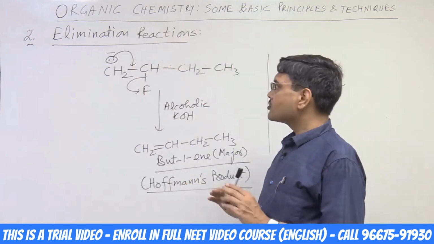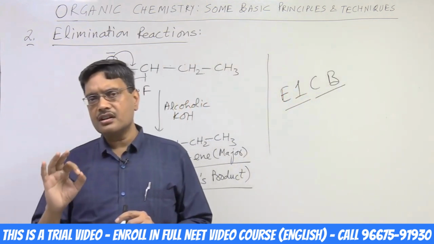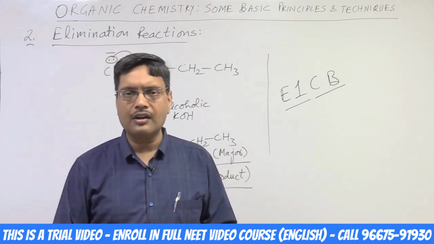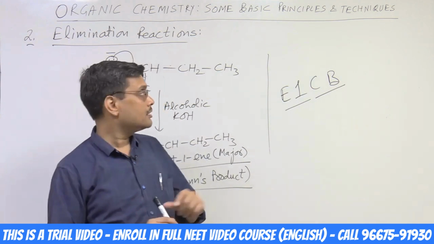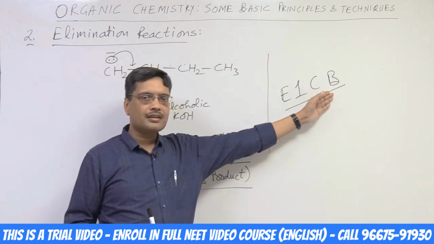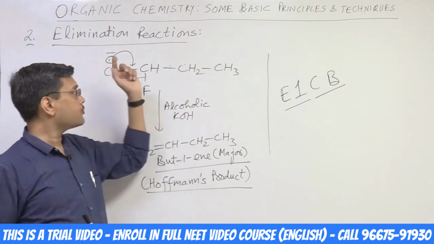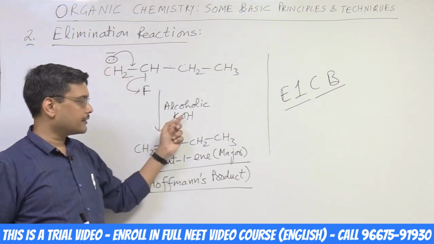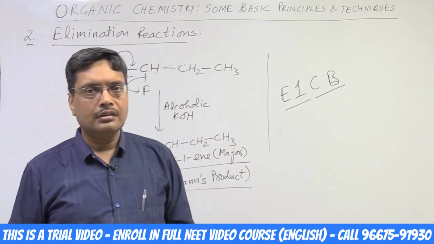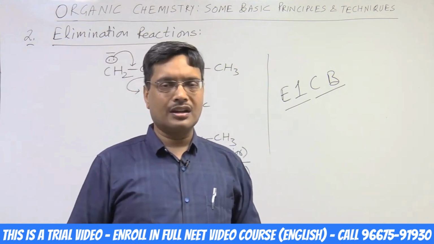Is it clear? So these are three types of elimination reaction: E1 reaction in case of dehydration of alcohol, E2 mechanism in case of chloride, bromide and iodide, and in case of fluorine, E1CB mechanism takes place. CB stands for conjugate base, and this compound is actually the conjugate base of the original compound. It is formed after the removal of H plus ion, which is abstracted by OH minus ion. Clear? Now we move to the next type of reaction, that is the substitution reaction.